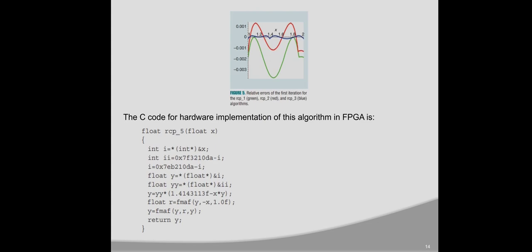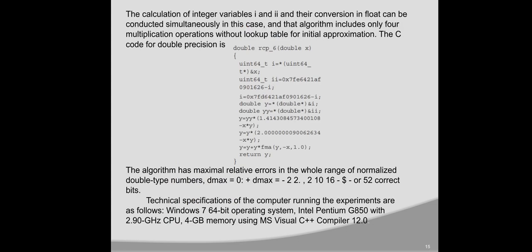C code for hardware implementation of the algorithm in FPGA is the calculation for integer variables 1 and 2. This conversion to float can be conducted simultaneously in this case, and the algorithm includes only 4 multiplication operations without lookup table for initial approximation. This C code for double precision algorithm has maximal relative error in the whole range of normalized double type numbers. Dmax equal to 0 plus Dmax equal to minus